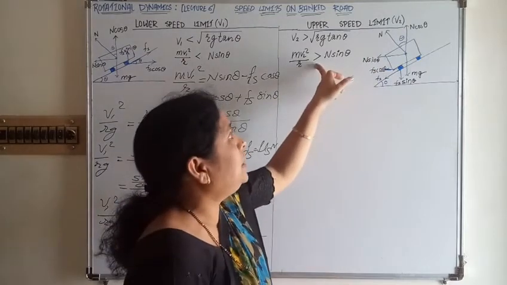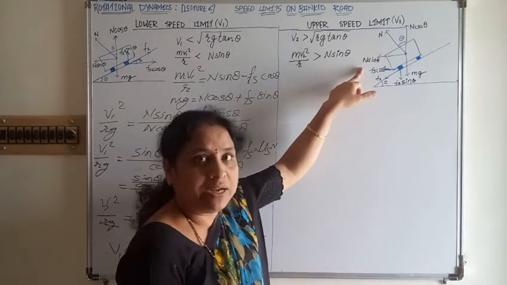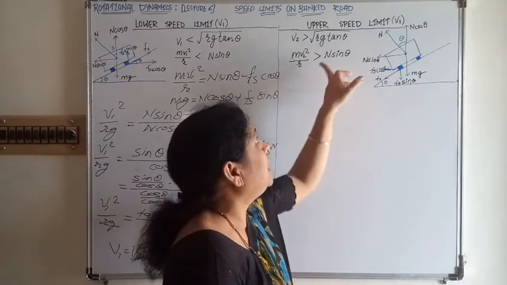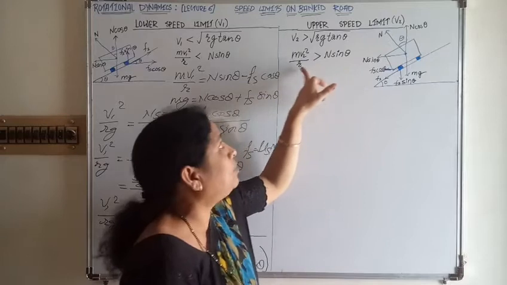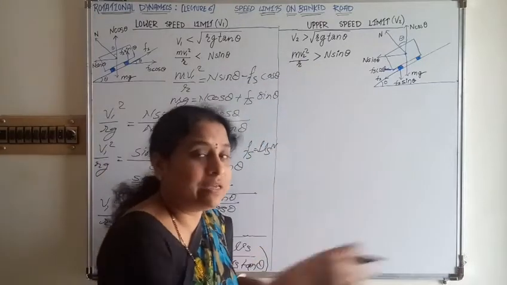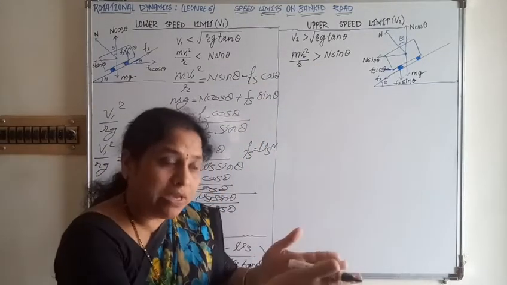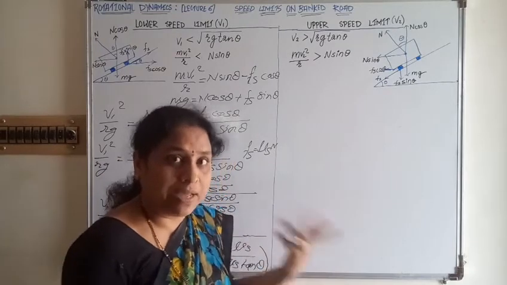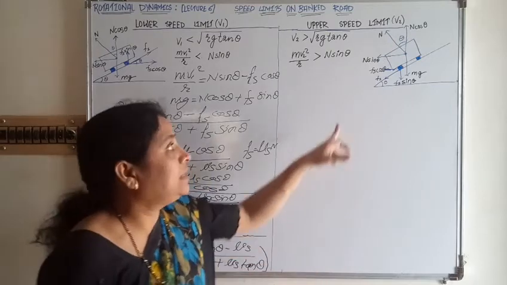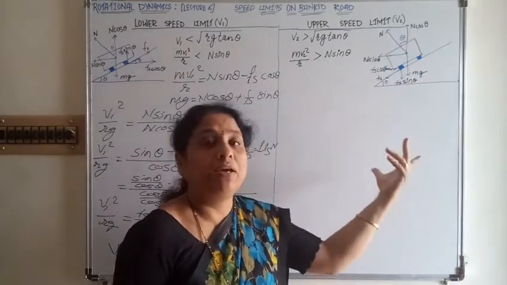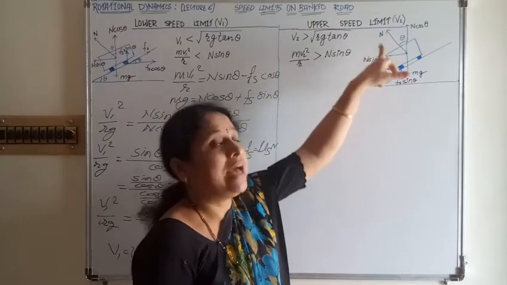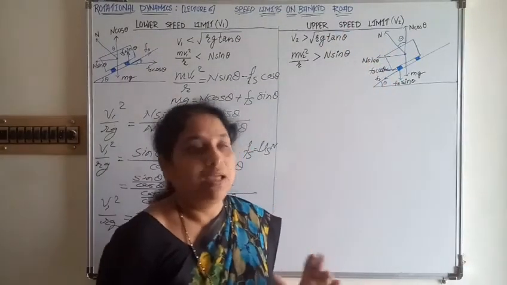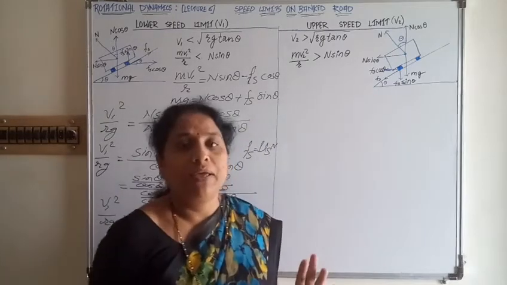As the centripetal force is more than this N sin theta, if we do not consider the frictional force, then N sin theta will not provide the proper centripetal force and the vehicle may skid, because we are moving our vehicle at greater than the safe speed, by increasing its speed. In that case, the frictional force also provides the centripetal force along with the normal reaction force, that is N sin theta, and frictional force plays an important role here.